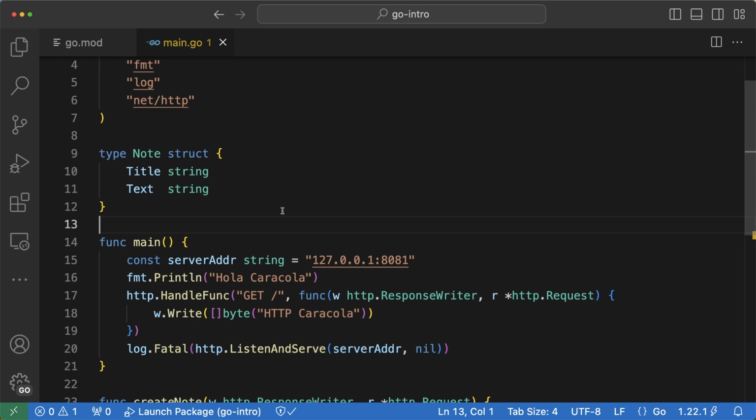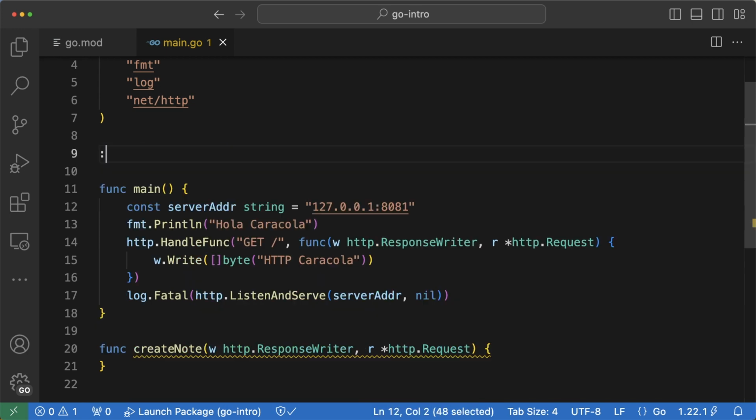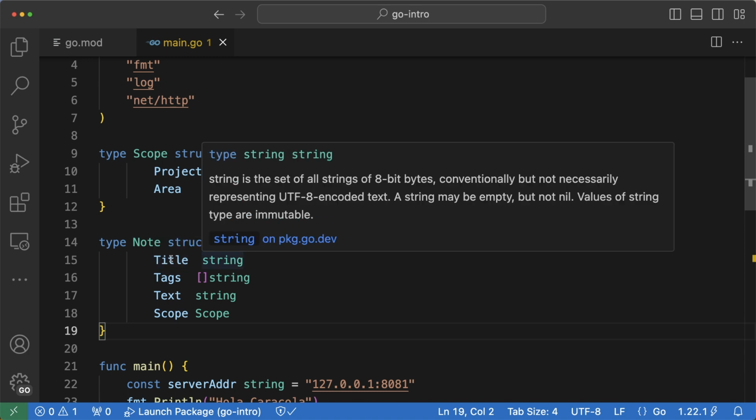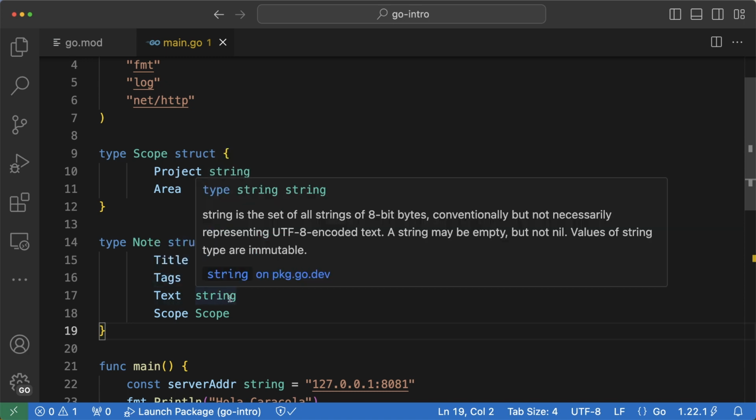One is the title of the node, the other one is the text. And what I'm going to do is make it a little bit more complicated and replace this node with something that is far more complicated. This node is similar to what we had before. It still has a title, which is a string, still has a text, which is a string, but it has